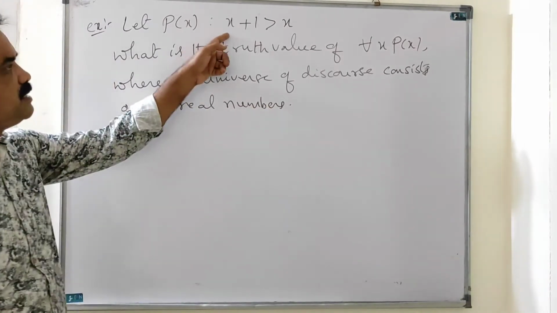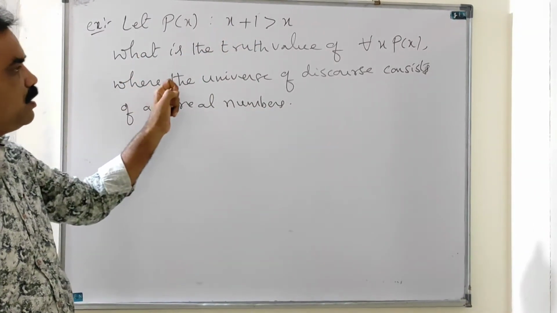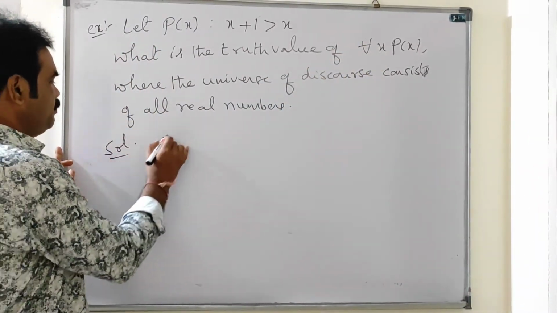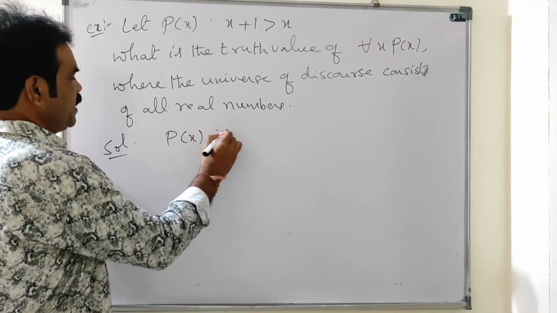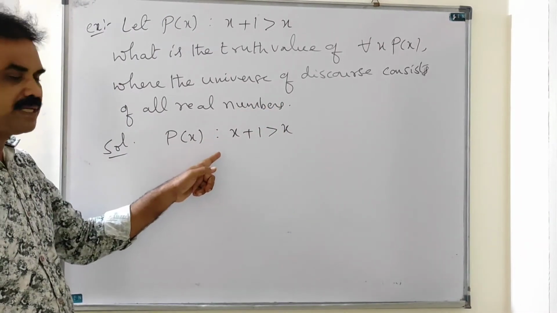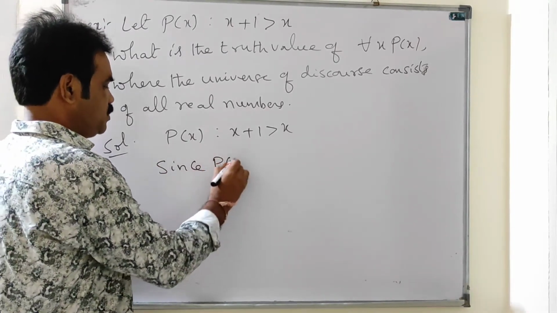Okay, here P of x is x plus 1 greater than x. Now I have to find the truth value of the universal quantification for all x, P of x. See this, P of x is given as x plus 1 greater than x. For any value of x, this is true. Okay, since P of x is true